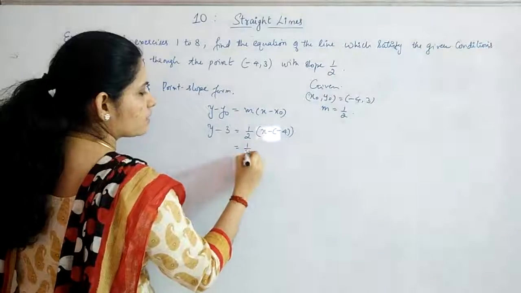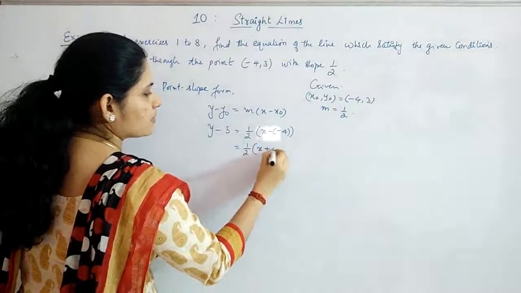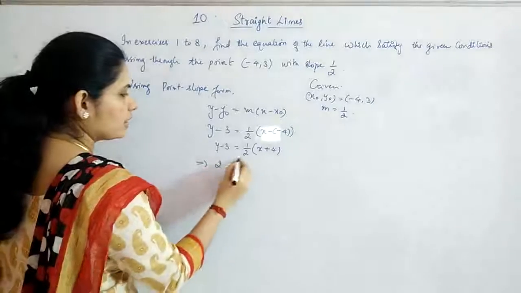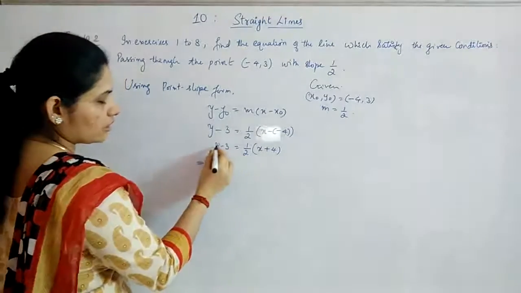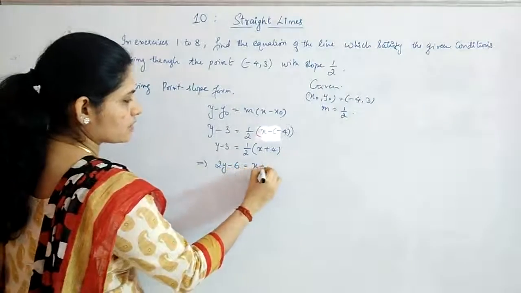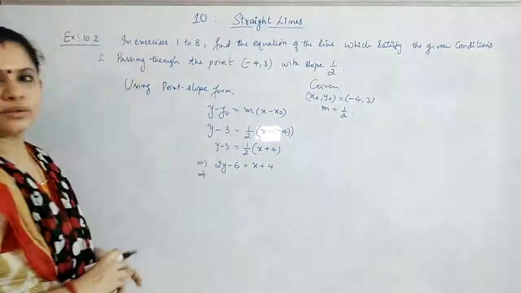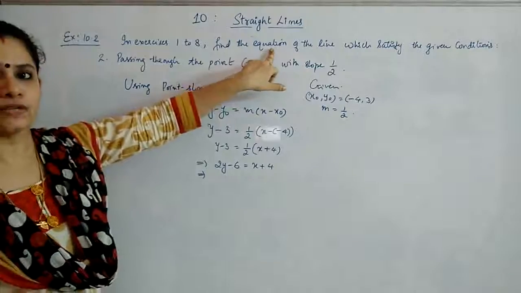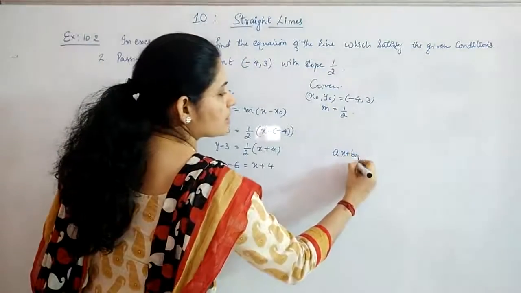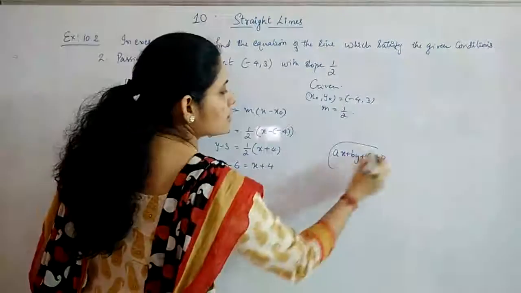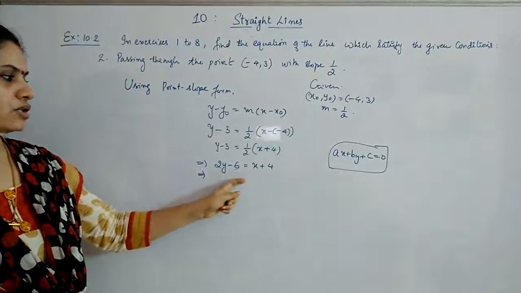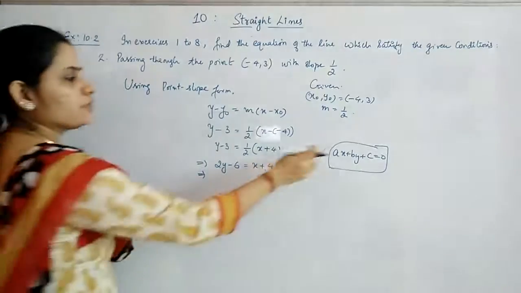So you will get 1 by 2 into x plus 4 is y minus 3, or multiplying by 2 and taking this to the other side, you will get 2y minus 6 is equal to x plus 4. Now whenever you are asked to find the equation of a line, it should be in the standard form, that is ax plus by plus c equal to 0. You need not stop here, you have to take one more step,